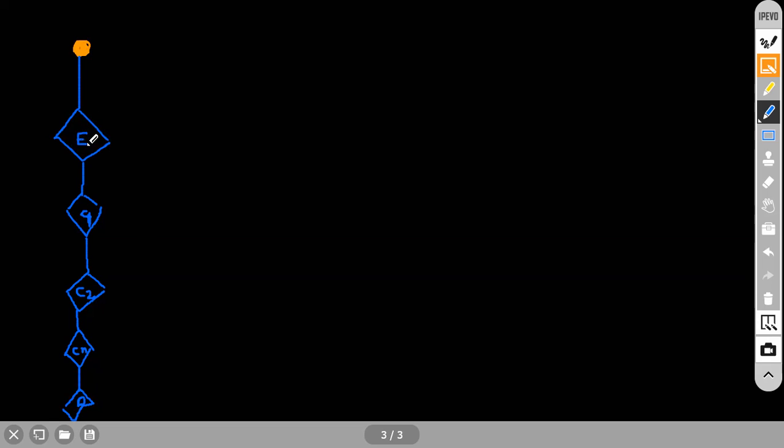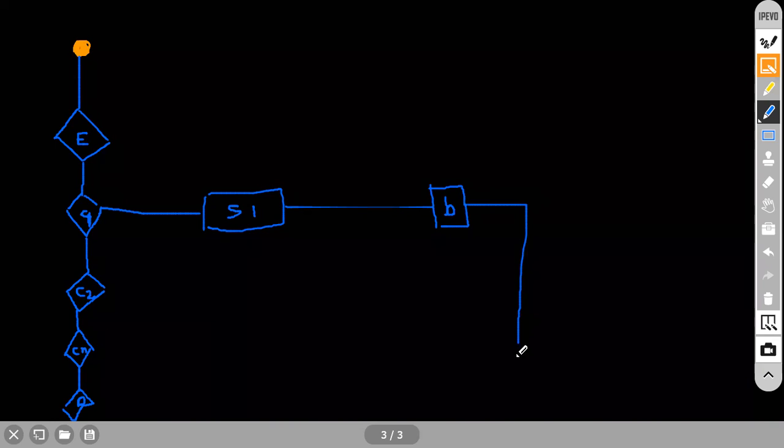See now. I will check this expression. If this expression is matched, what happens? Immediately it will go to this particular case one and be executed. Some statement will be there that will be executed. After that, you will place a break here. Statement one, related to the C1 case, will be executed. After that, it will put the break. Finally, it will go to the end point, nothing but it will be terminated.